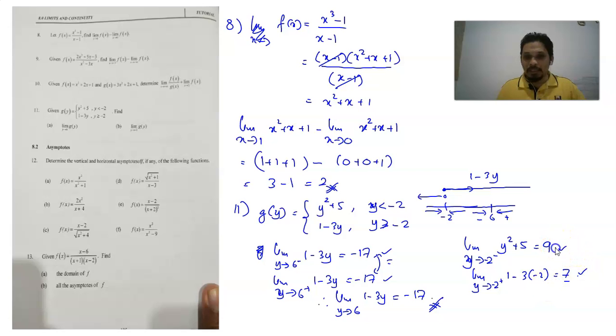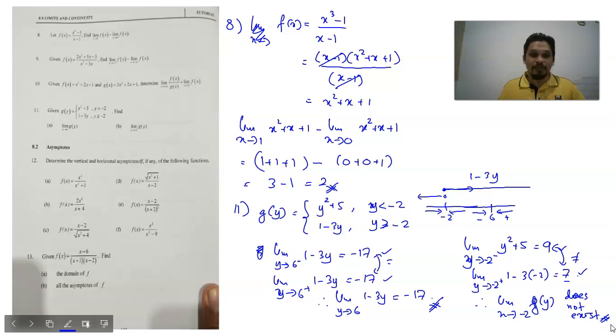But the limits from the left and right are not equal. So we come to the conclusion that the limit as y approaches negative 2 of the function g(y) does not exist. There you go. Okay, then next,